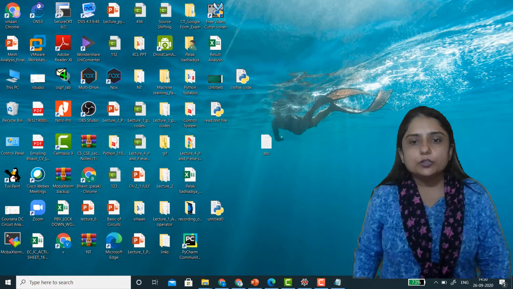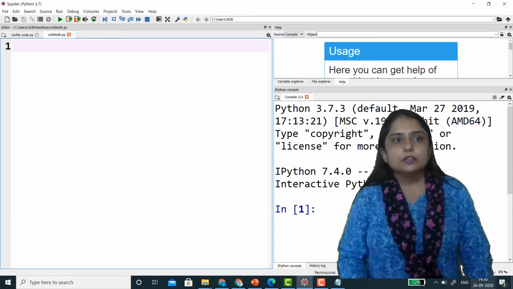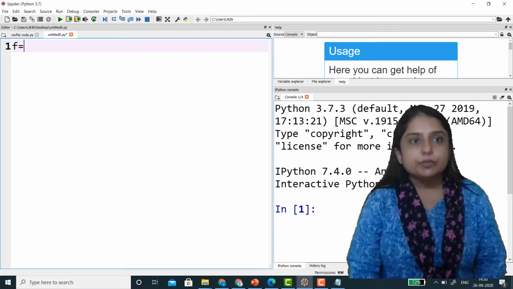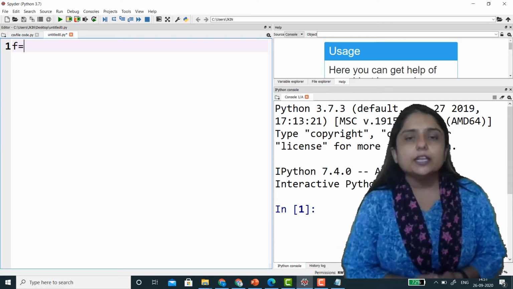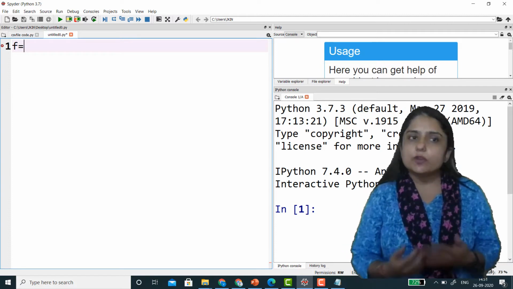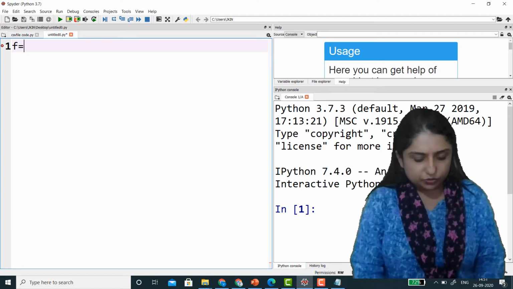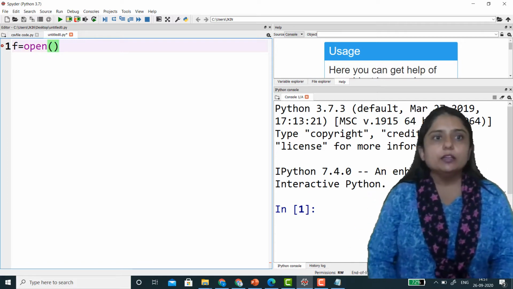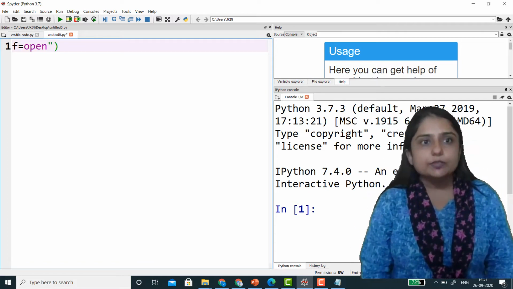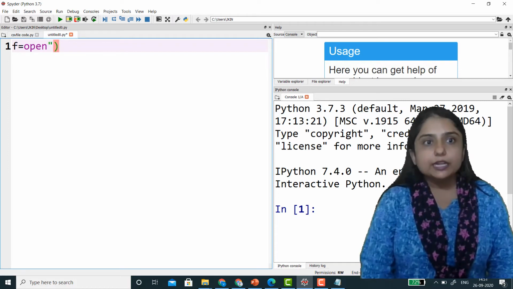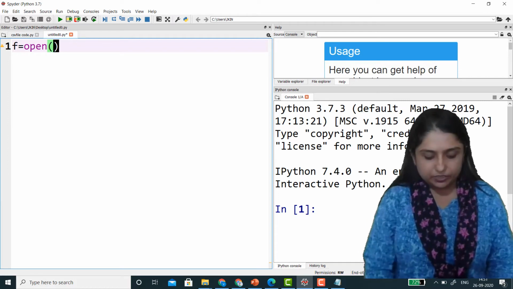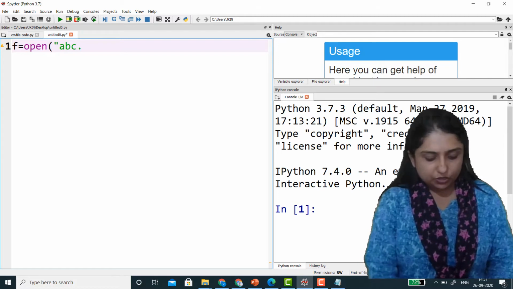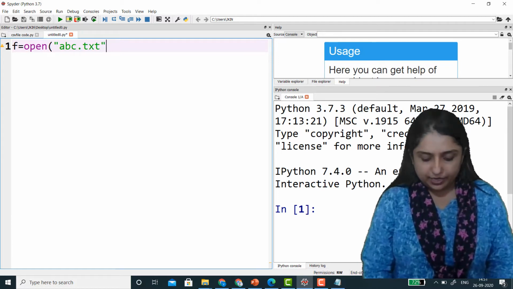Now first of all, I'll try to read this data in Python. I take one variable, f. You can take any variable, a, b, c, x, y, z, that is alright. Then use the command open, and specify the file name. My file name is abc.txt.